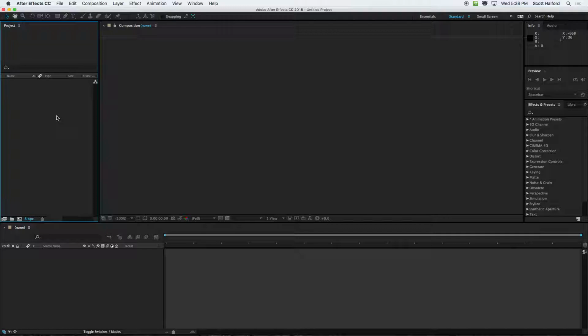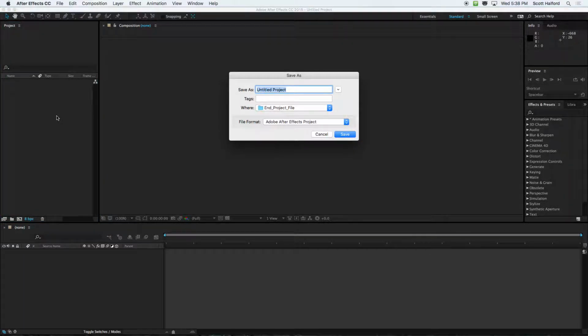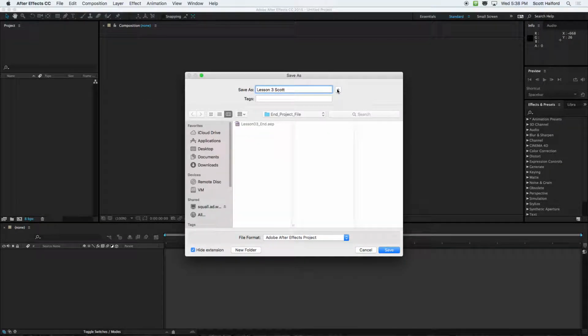But so you guys notice that After Effects just reset. It started a new project. I didn't have to save it or anything. Saving, first of all, is always a really good practice. So I'm going to call this Lesson 3 Scott. And the book provides you with a nice finished project folder, and you can save it in there inside Lesson